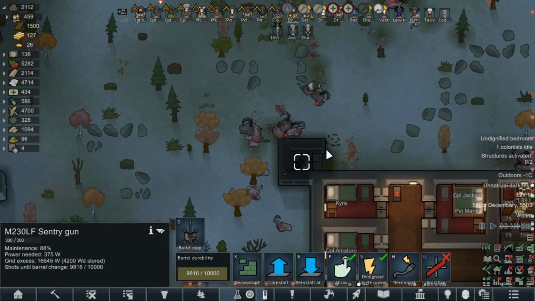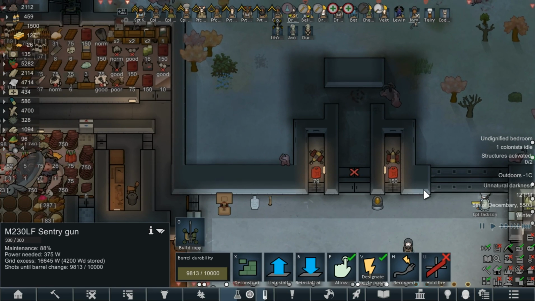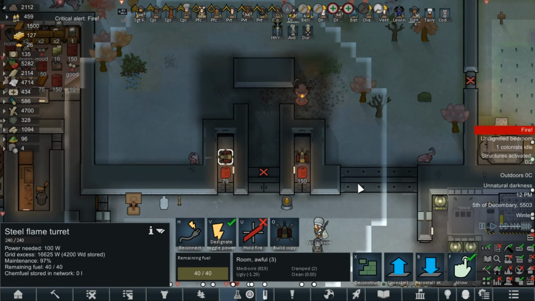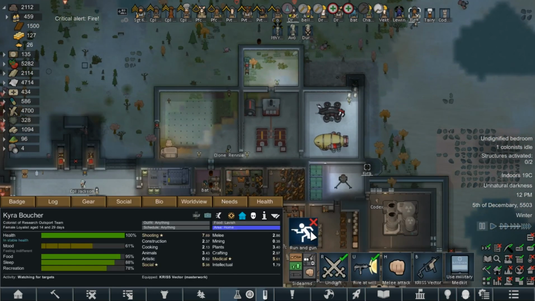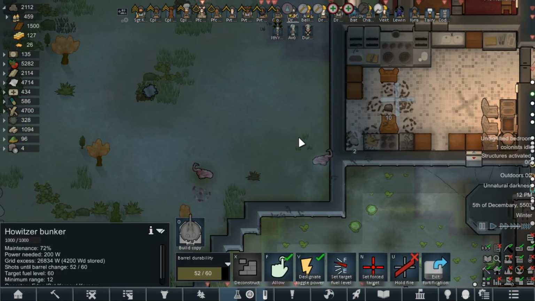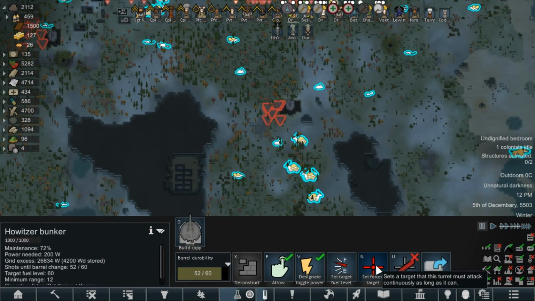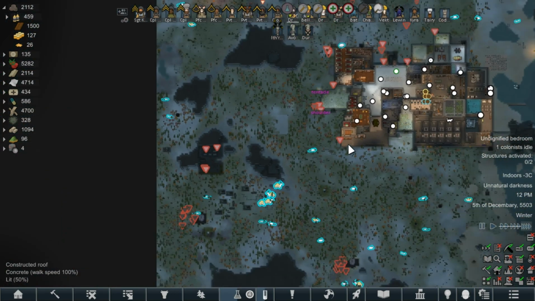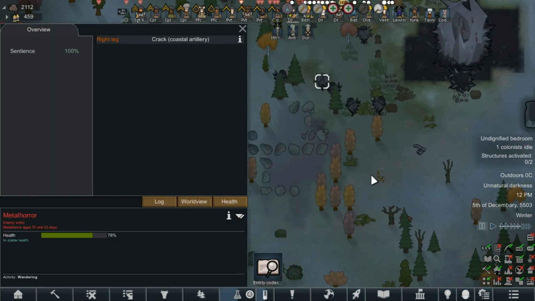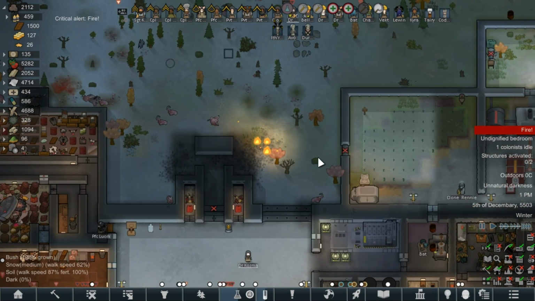They're probably going to take this gun turret out, which is annoying. Oh, sorry. Okay. Yeah, I didn't want you to fire that, mate. I wanted you to basically set force target and target these guys. So I need to clear those out. Like, how tough are they? Like, these guys aren't going to die from just...